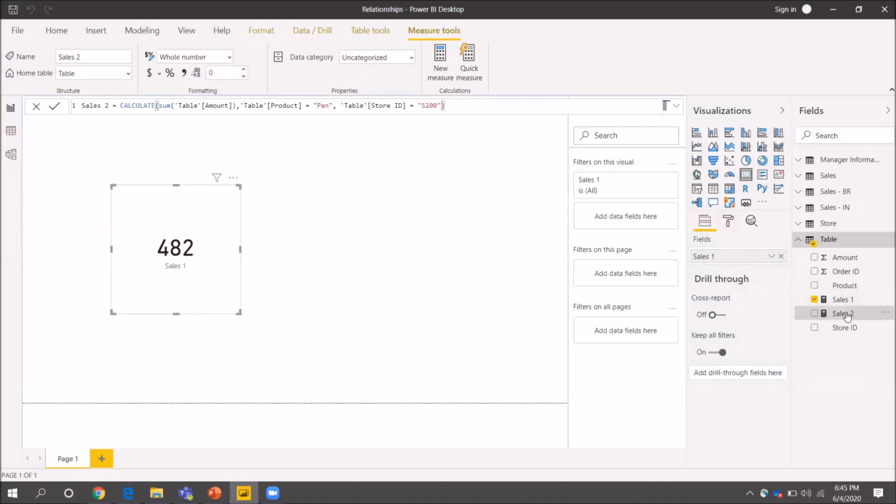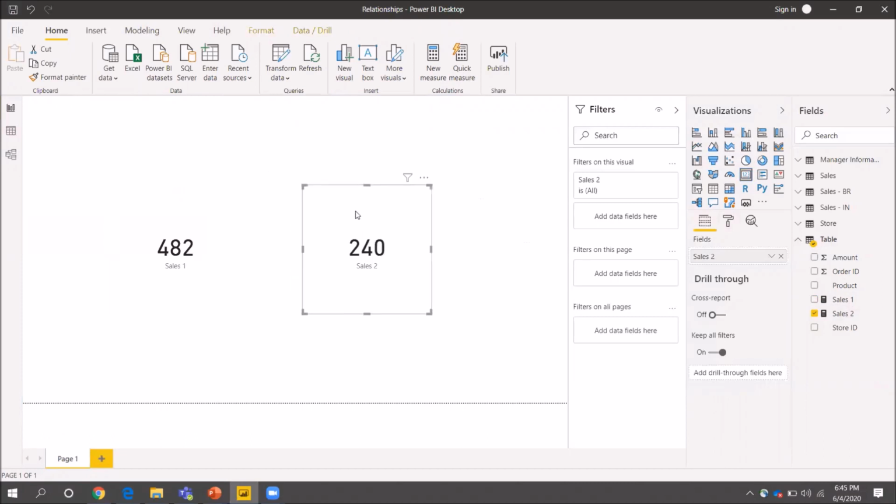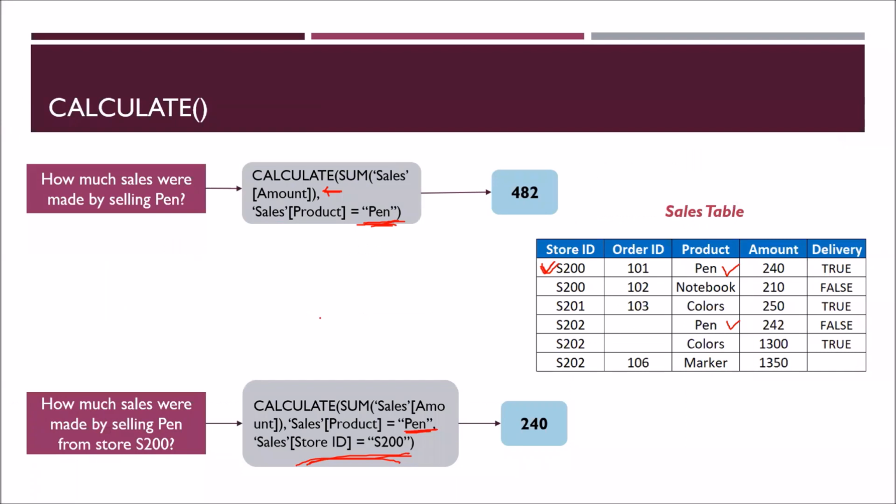Again I'm dragging it, and this is my output. These are exactly the same outputs that we saw in the slide. So the only thing to remember is that filters are applied first before evaluating an expression, and this is how you use a CALCULATE function.